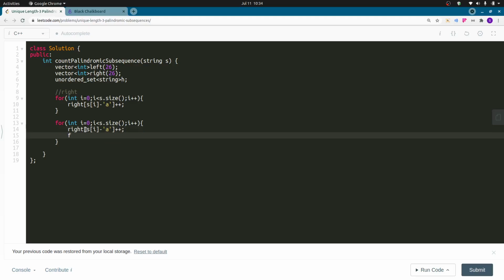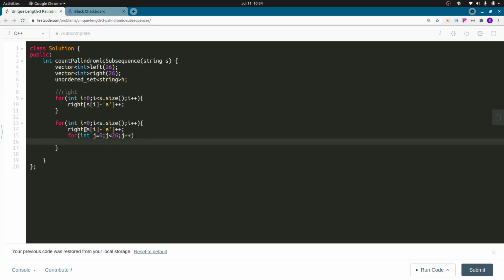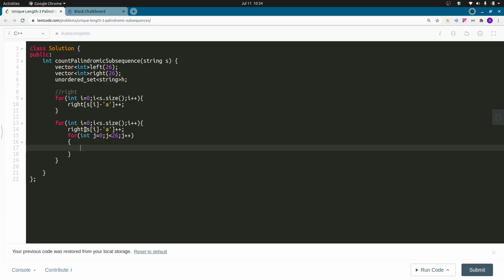Now I will traverse the two alphabet arrays. So for int j is equal to 0, j less than 26, j plus plus. I will say that if left[j] is greater than 0 and right[j] is also greater than 0.